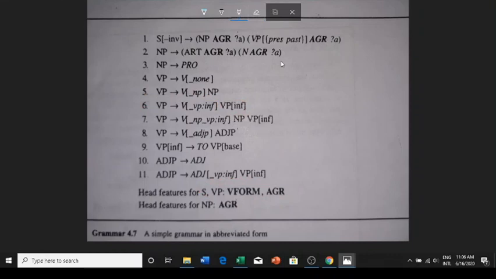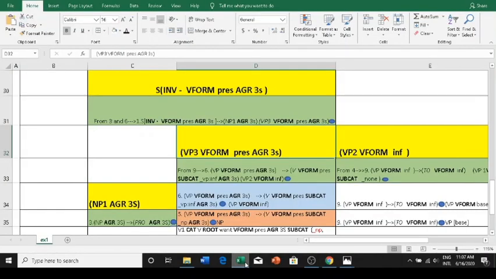We need an NP and VP. We have a rule, rule number 1, with NP and VP on the right. Here on the right, for VP there is a restriction. It is not subcategorization, it is a verb form restriction. It has to be either present tense or past tense. So we will see whether what we have got will match that. VP3 is present tense, so it is an obvious match.